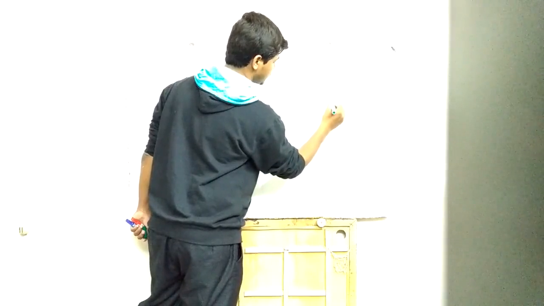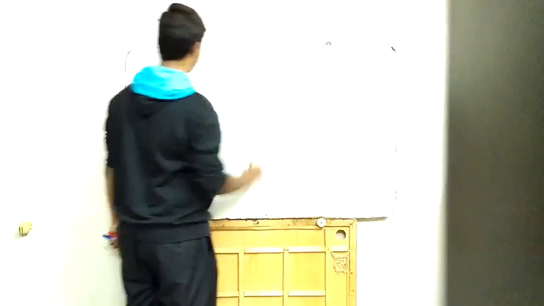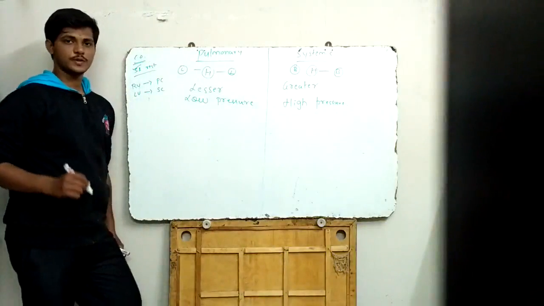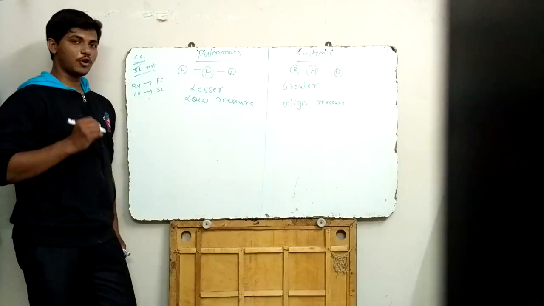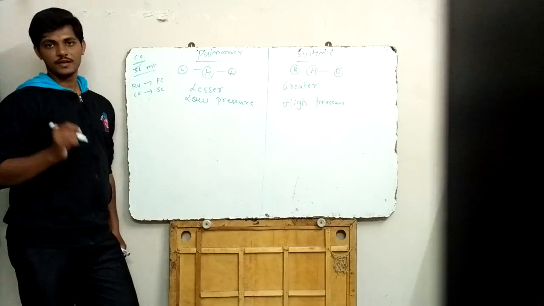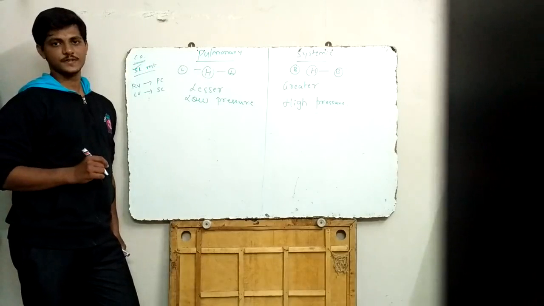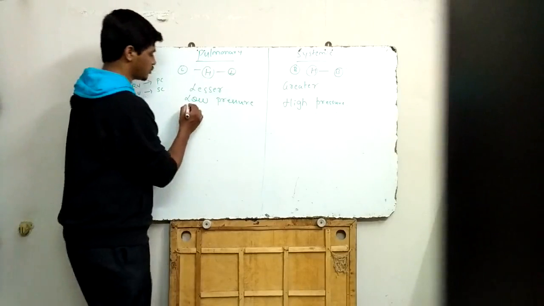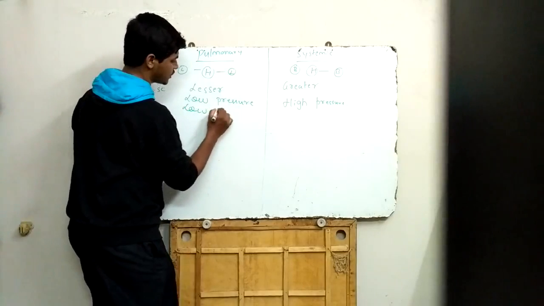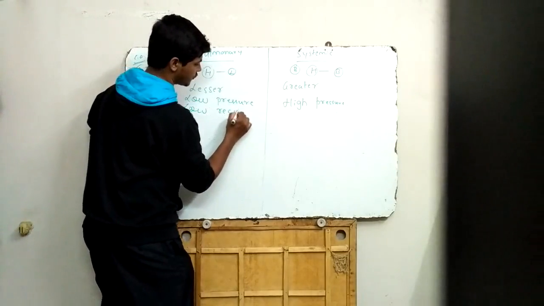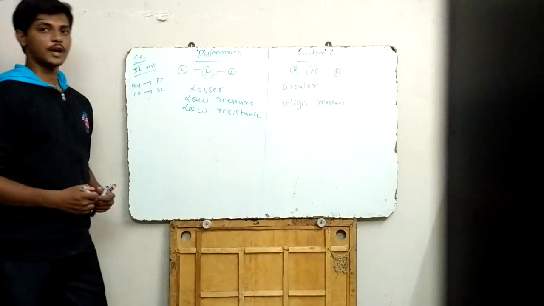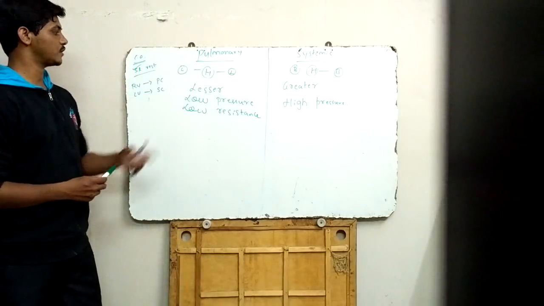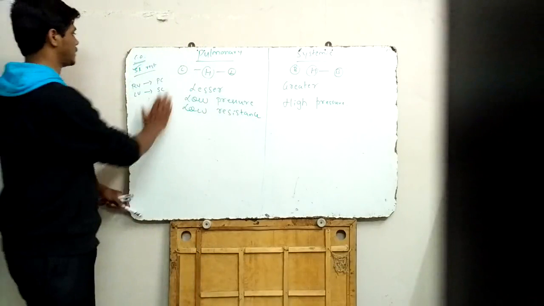The reason there is less pressure in the pulmonary circulation is that the pulmonary vascular bed is designed so that it offers lesser resistance, and when there is lesser resistance there will be less pressure. So the pulmonary circulation offers lesser resistance to the flow of blood in contrast to the systemic circulation. Now, what are the adaptations of the pulmonary circulation which make it less resistant?